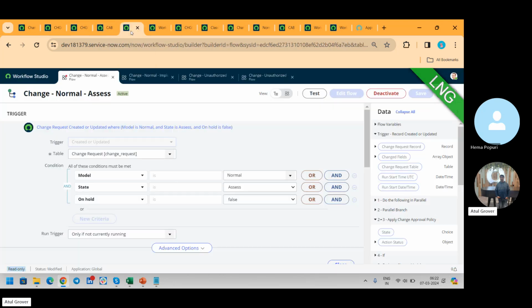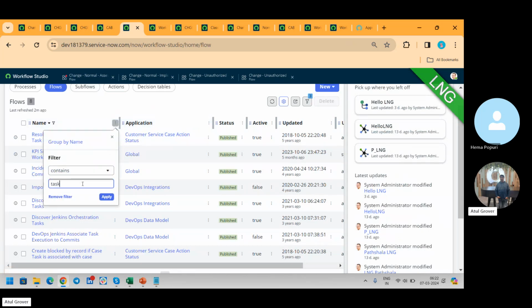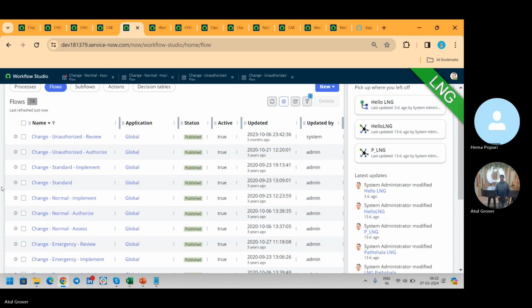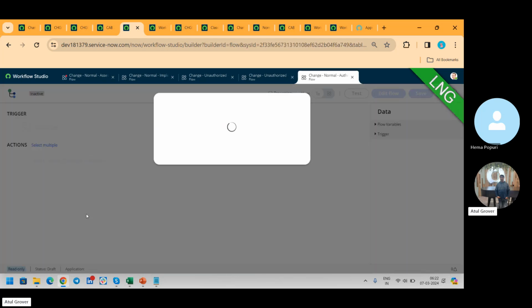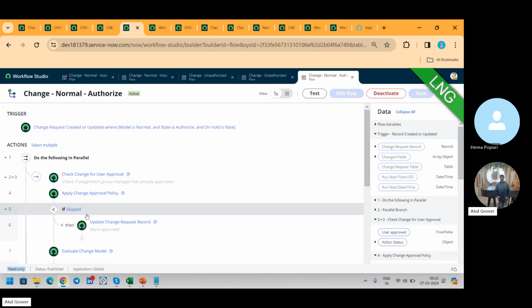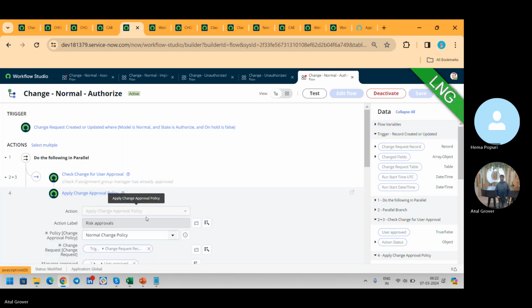So what's your homework for today? You have to go and check this flow, like open and see this. At least read about this. Normal change, standard, authorize, review, implement, so that you know what these particular stuffs are. So if you go in the authorize, we will see that CAB has been called here and it will refer to the approval policy. See, change approval policy, same, वहीं जाएगा,